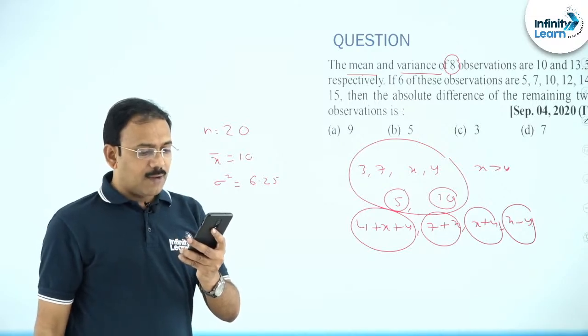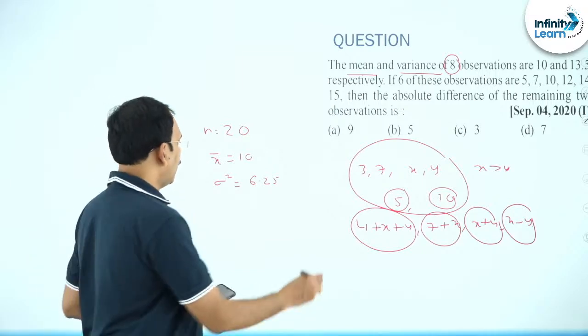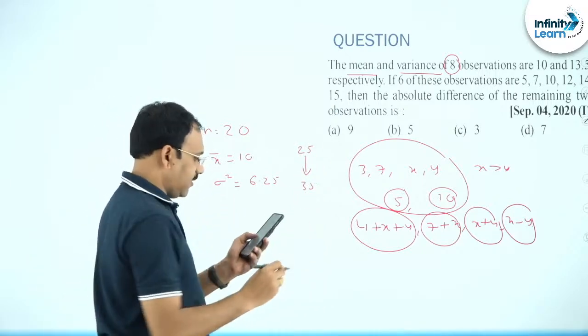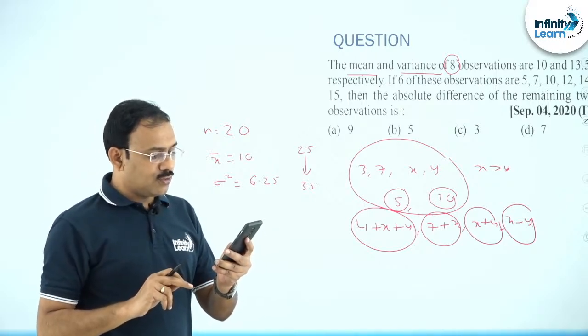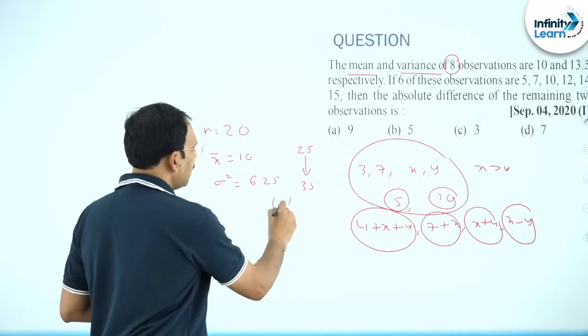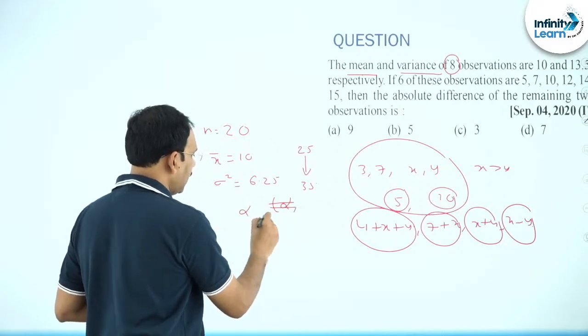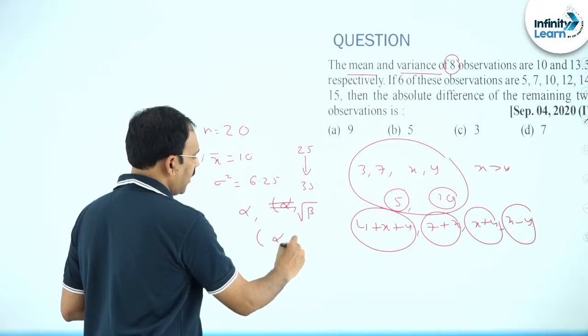And one of the observations, 25, is replaced by 35. Okay, earlier 25 is one item, it is replaced by 35. Then the new mean and new standard deviation are, you see, the new mean as alpha, new standard deviation as root beta. Find alpha comma beta.